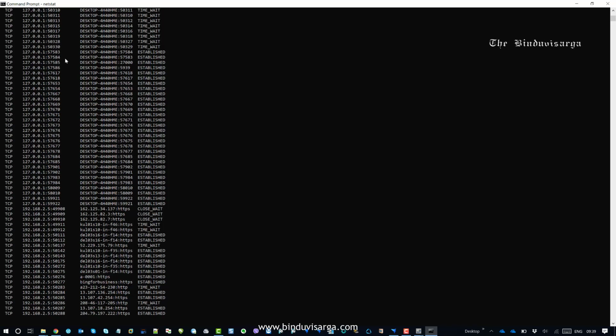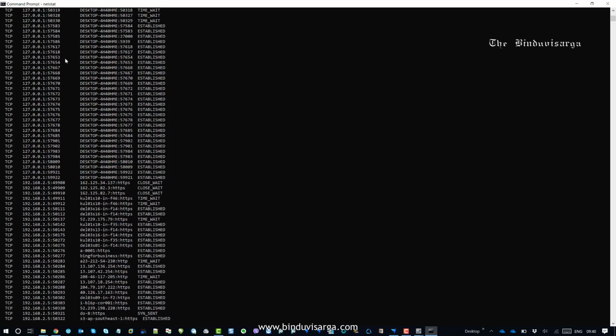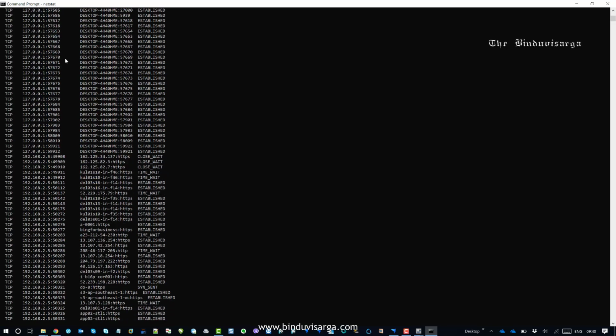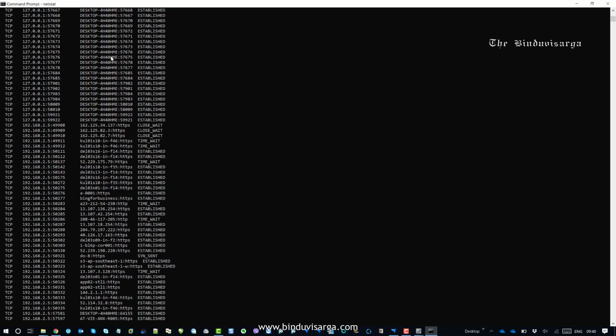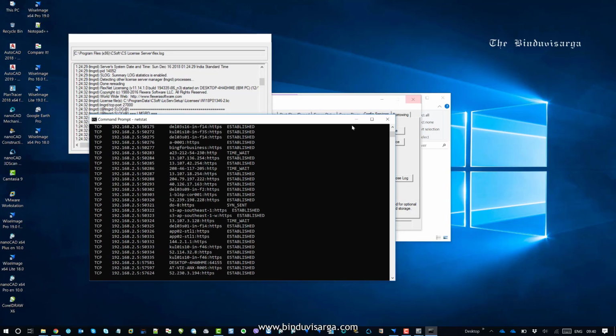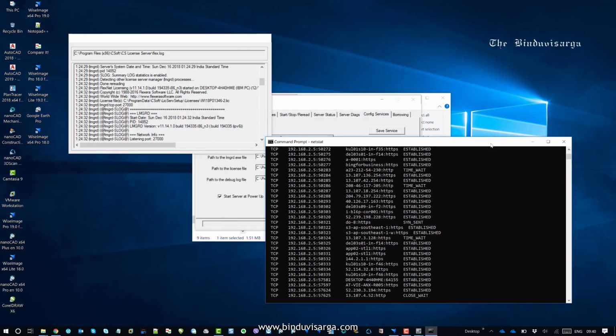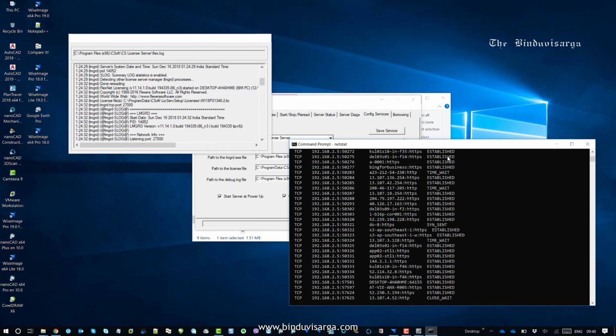So any port number ranging from 27,000 to 27,009 will be occupied by the CSoft license service, right? This is a random port, as we had not specified the port number during installation, right? So now we know that the license service uses TCP port 27,000 in this server. So this is the way of finding the ports being used in CSoft license